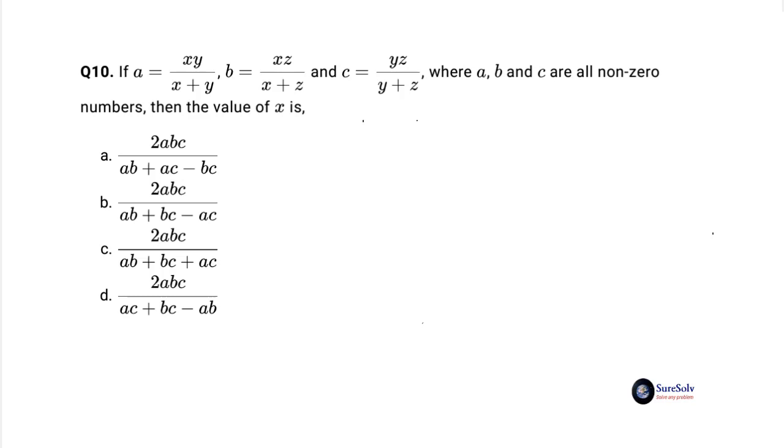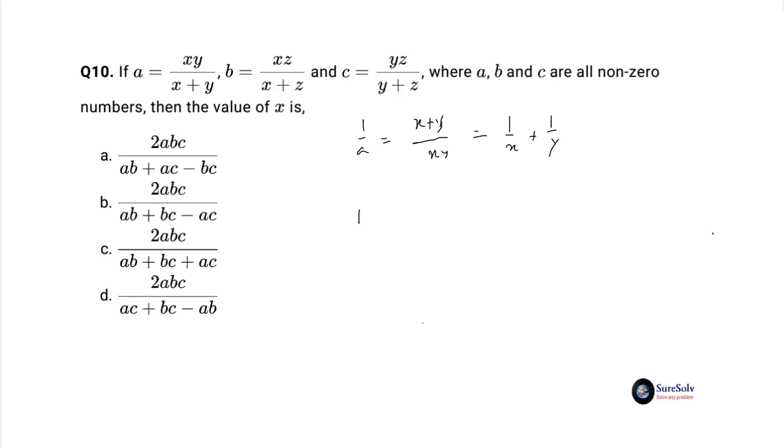We'll invert a to 1 by a equal to x plus y by xy equal to 1 by x plus 1 by y. At one stroke, we'll get rid of xy, which was causing all the problems, along with the denominator of x plus y. It's now sum of individual terms 1 by x and 1 by y. The simple action of inversion has given us the breakthrough. We call this as the inversion technique.